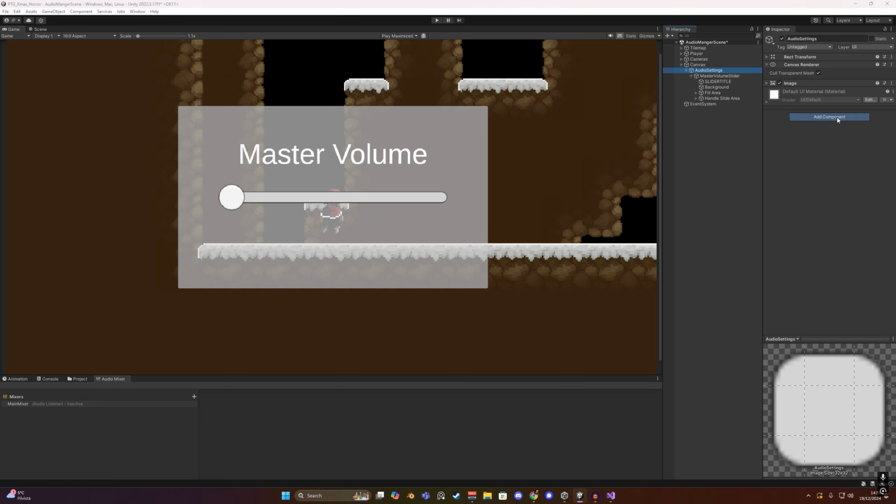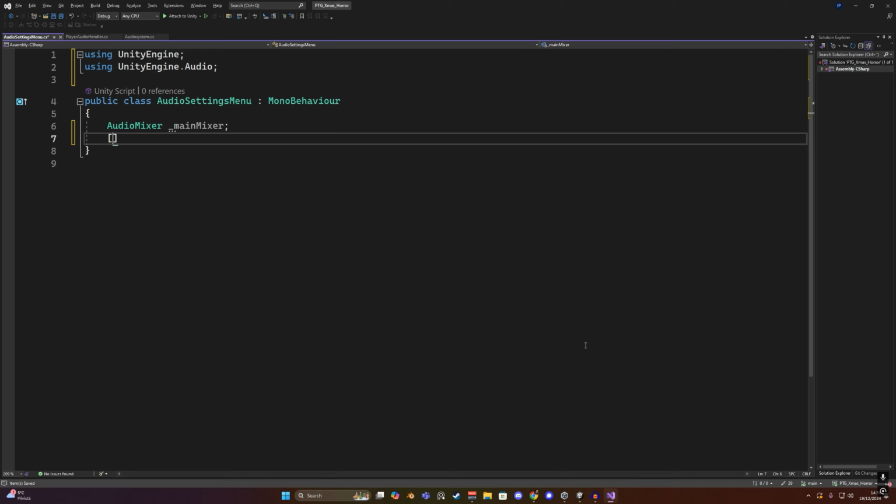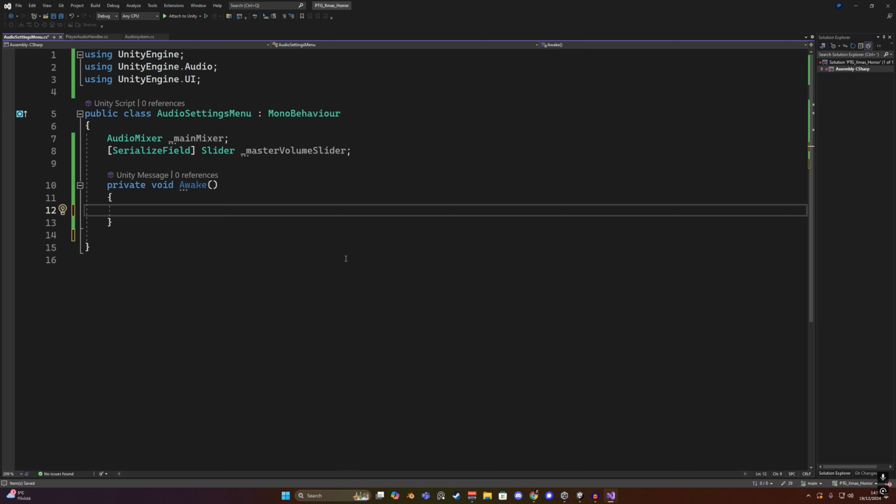Now here, let's add a component and call it audio settings menu. We want a reference to our mixer as well as our slider. The slider is in the Unity UI namespace. Now in Awake, let's get these references. So the main mixer we have to load from the resources. So just type main mixer